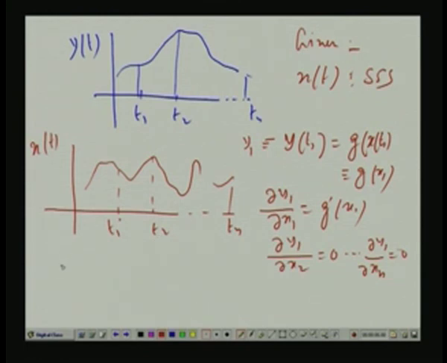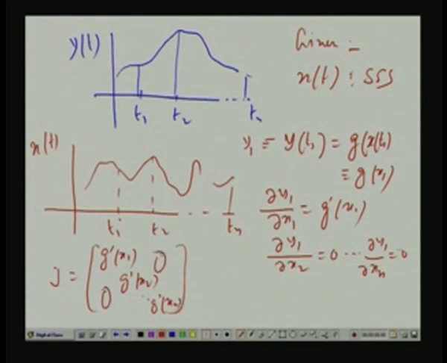So, you see that the Jacobian becomes a diagonal matrix: g prime x1, g prime x2, dot dot dot, g prime xn, and 0 elsewhere. That expression involved the determinant of this matrix. So the determinant is obviously the product of the diagonal entries, and we take the mod of this product. So, if you do that,